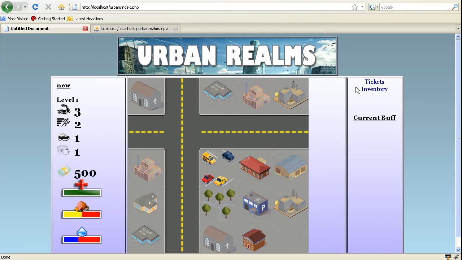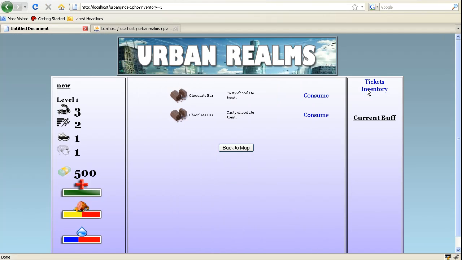This. Let's go to inventory. See, here we have 2 chocolate bars. You see how there's nothing up here? These are just those blank images, basically, is all they are, and that's what I'm using as a spacer. If you wanted to actually put name right here, we would just go to the,